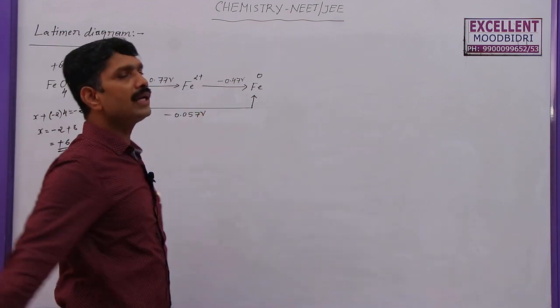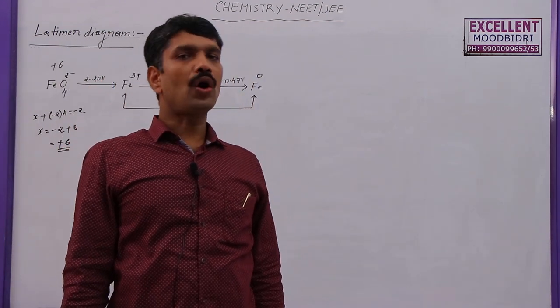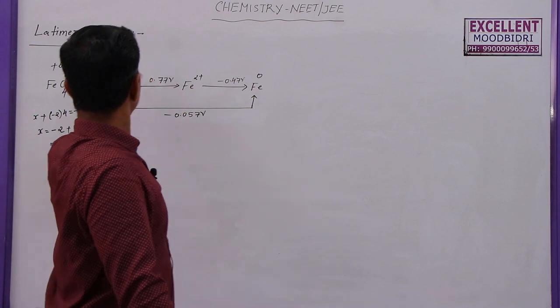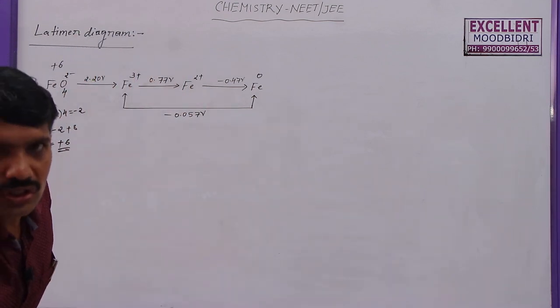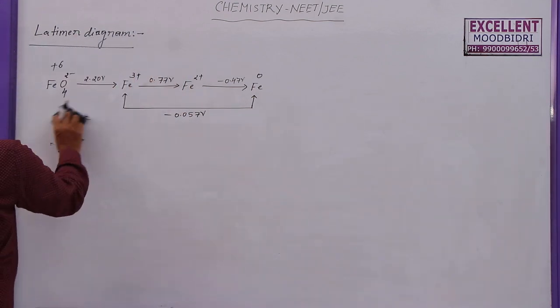Elements arranged in the decreasing order of their oxidation state is known as a Latimer diagram. So the definition of the Latimer diagram is: